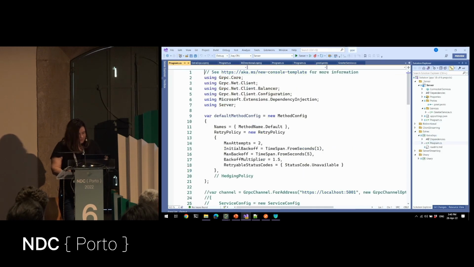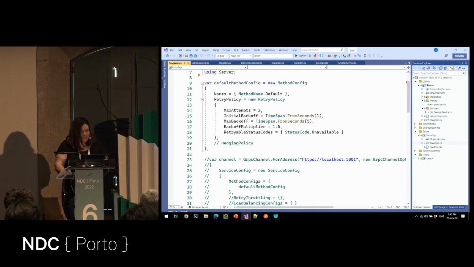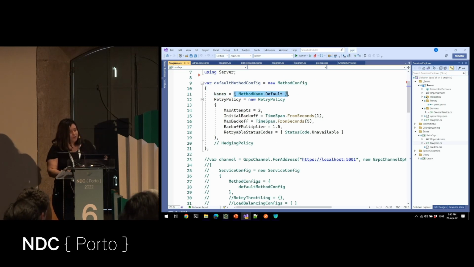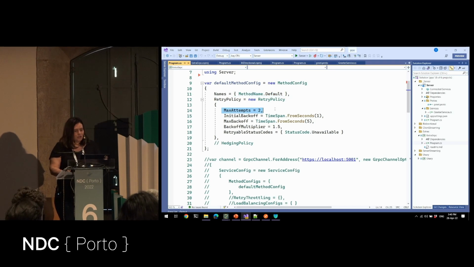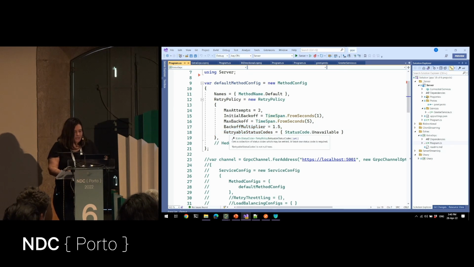For example, you can have something like this. You can name your default policy or use a default name. You can configure the maximum attempts. You can say, hey, when do you back off on retrying? Maximum backoff on how many seconds, multipliers, and status codes.